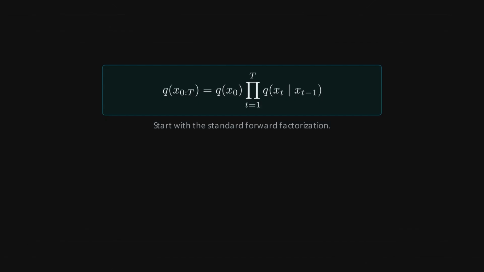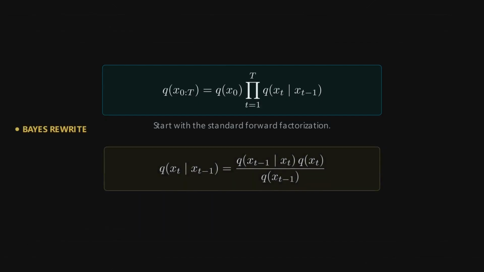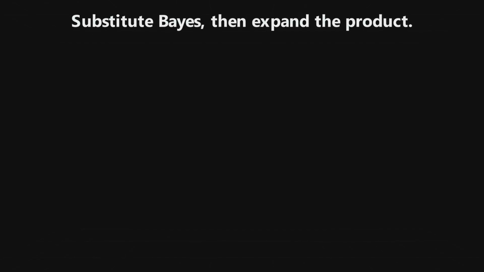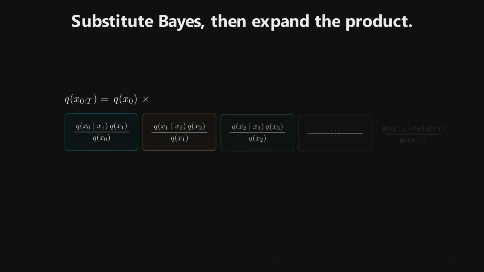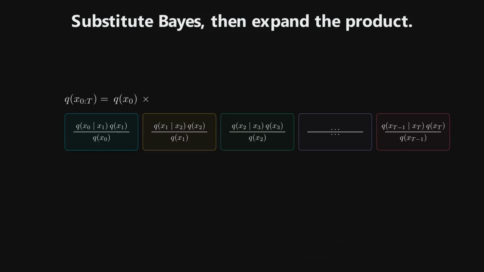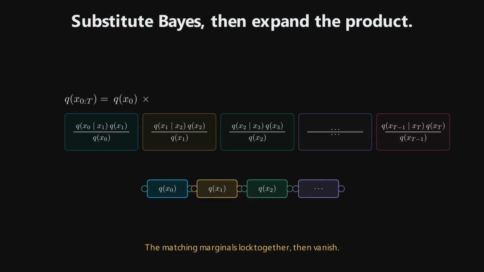Forward probabilities and backward probabilities are connected. If we expand the full trajectory probability using Bayes' rule, a beautiful cancellation happens. At first, the expression looks terrifying, and mathematically, terrifying usually means, please wait. Something will cancel. We get a long chain of fractions. Terms like q of x1, q of x2, and so on appear in both numerators and denominators. Then the telescoping begins. One term cancels. Then another. Then another. It is like watching a long line of dominoes politely remove themselves from the equation.